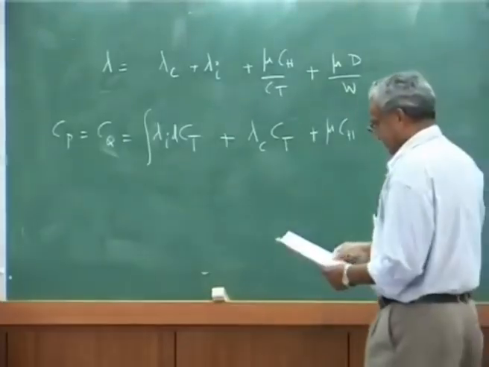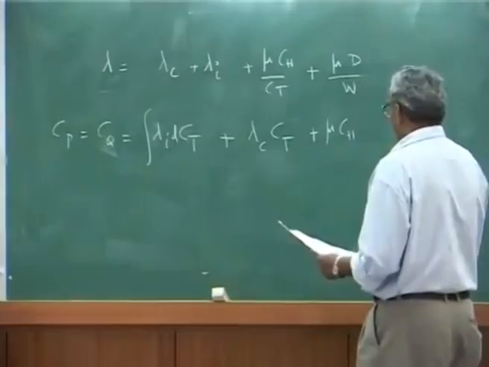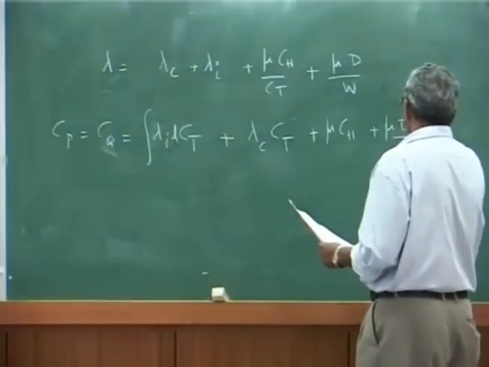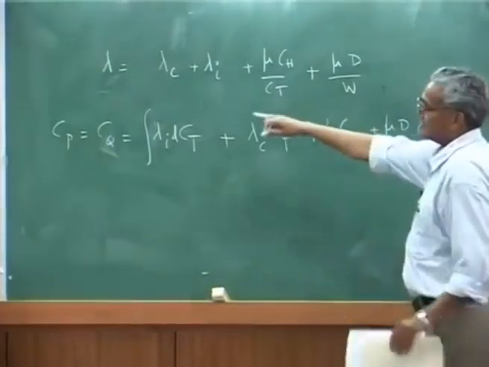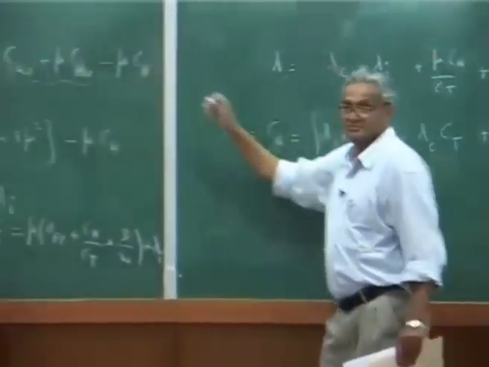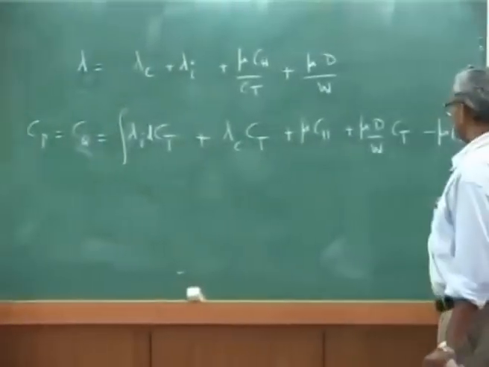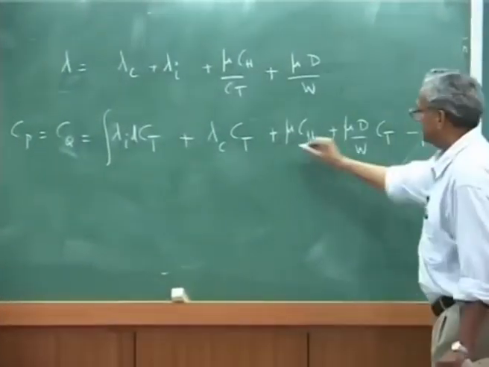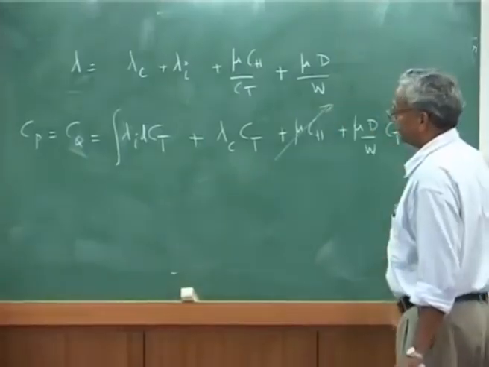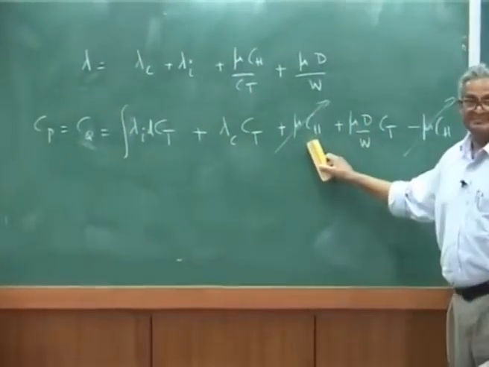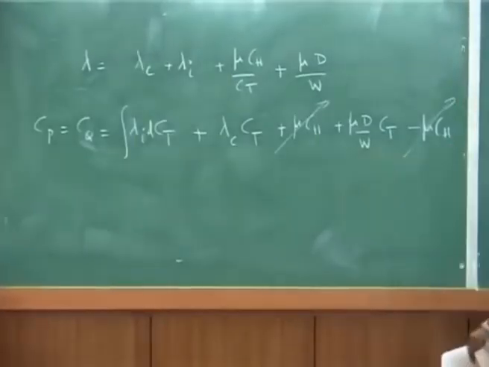So, I will write that expression mu plus mu d over w Ct minus, you still have that mu ch term. So, minus mu ch. So, you find minus mu ch and plus mu ch will cancel out, okay, and leaving behind just